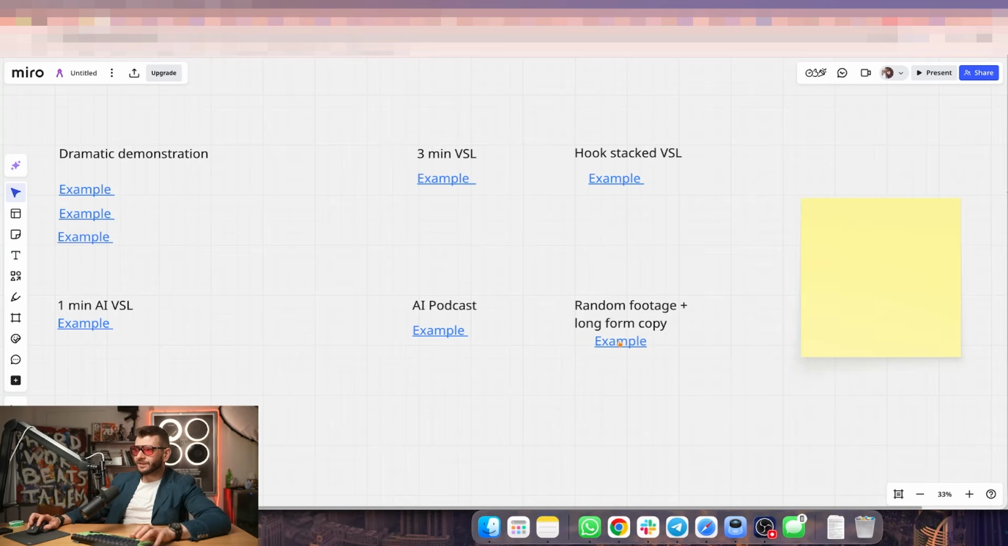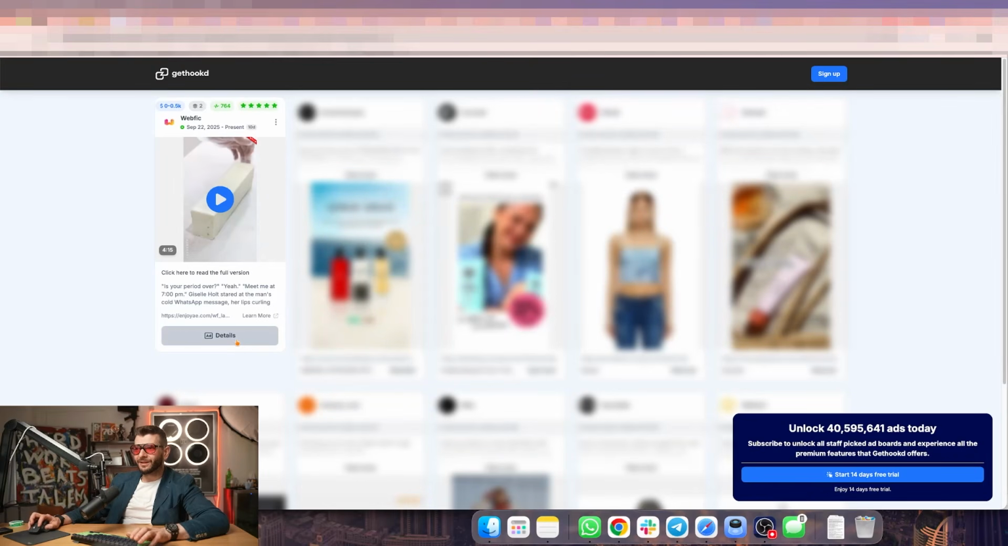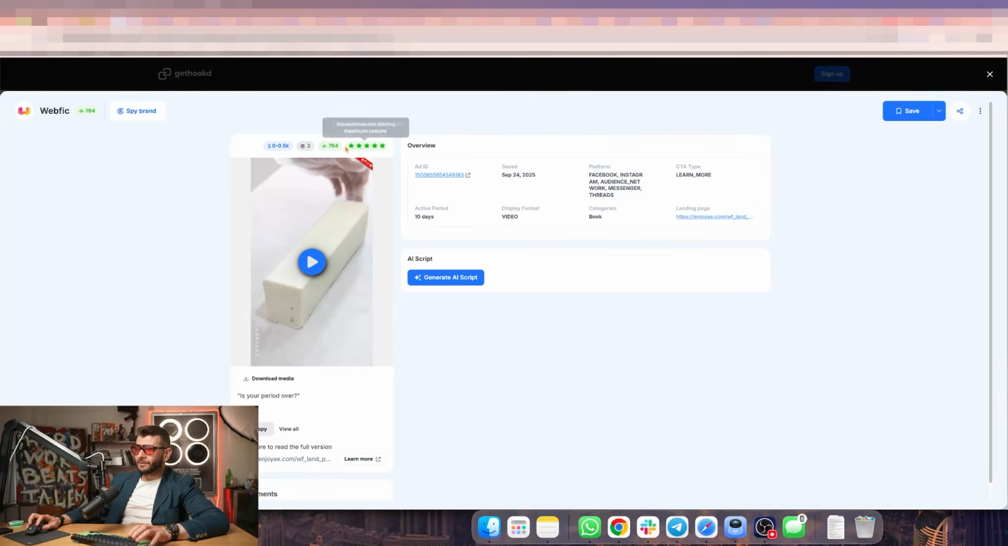The next format here is random footage and long form copy. Now, this is a fascinating format that not a lot of advertisers are using. This advertiser here has 764 active ads. They've been around for a long time. This particular ad is running for 10 days. And if you look into this ad,